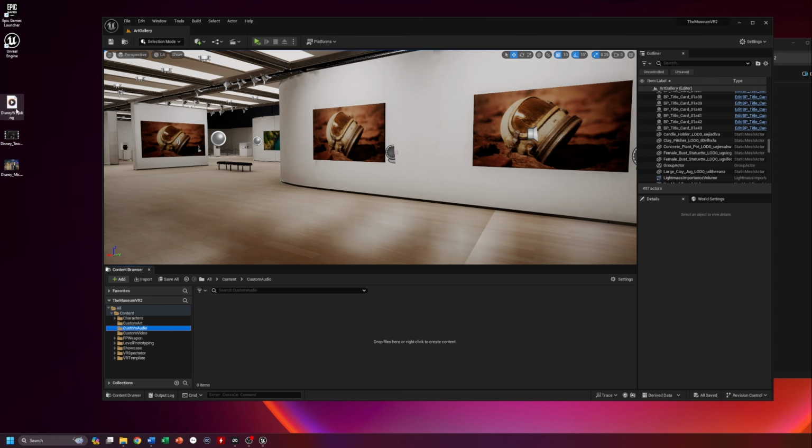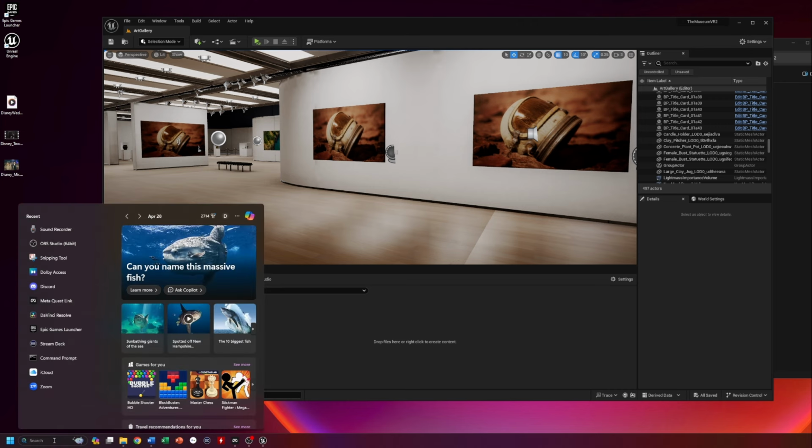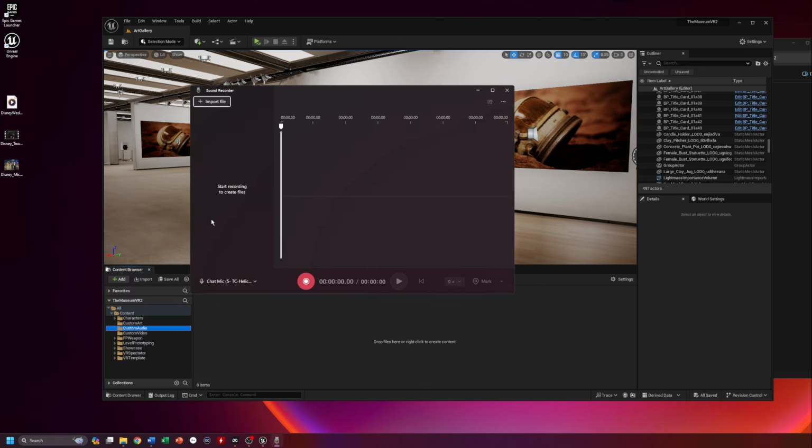So I made an audio file right here. I have this Disney Tower of Terror that you saw play, and then I have the Mickey picture. And the way that I made the audio recording is I used Windows Sound Recorder. So let me pull that up and go to Windows Sound Recorder. This program is very straightforward, but the thing that you need to do besides making sure that it works, so